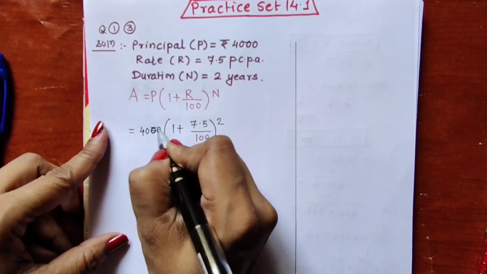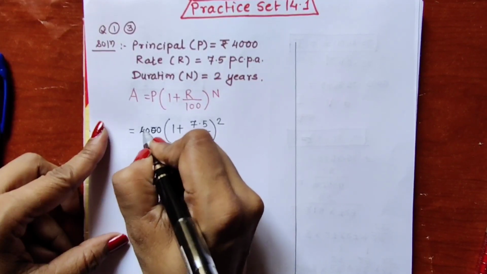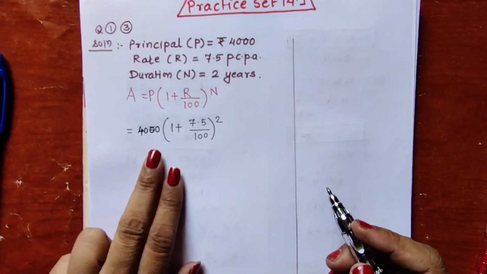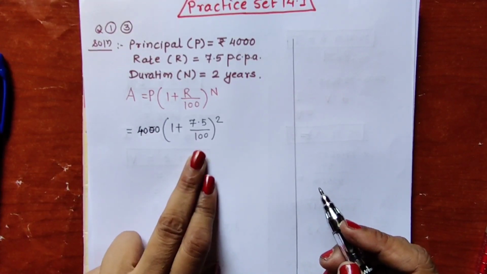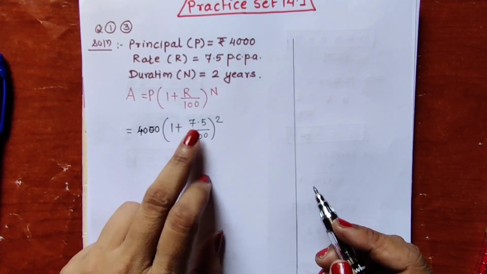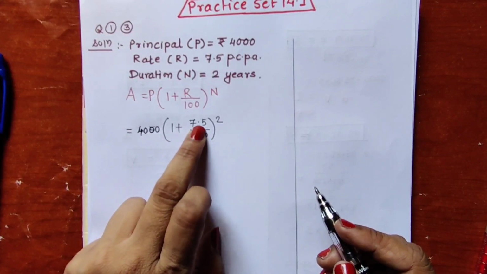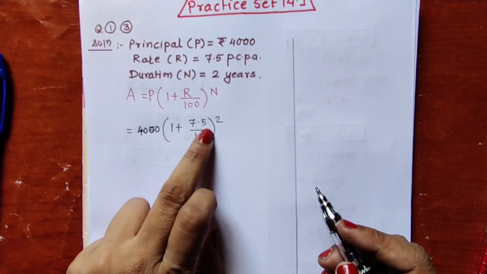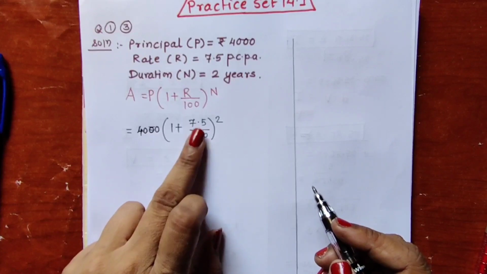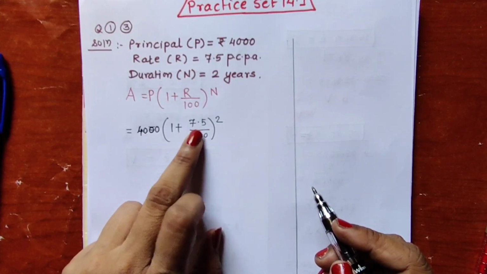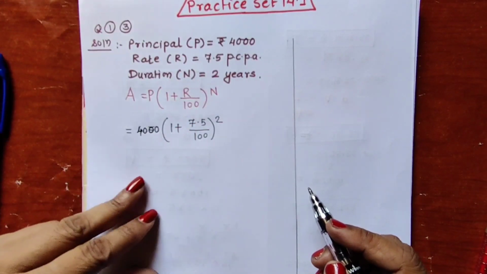4000. Okay. So don't forget anything to write. Now see children, 7.5 upon 100 is there. This 7.5, this number is having decimal point, and after decimal point 1 digit is there. So what we will do, we will equalize the digits after decimal point. So for that,